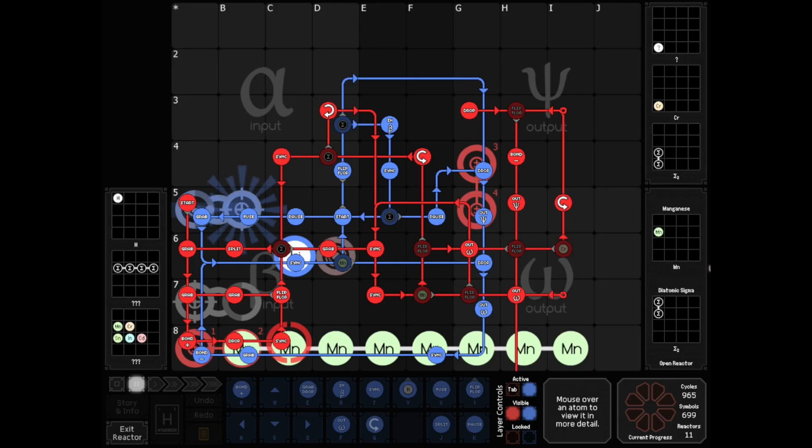Let's search for some. Okay, so the first input is 278. The third input is 295, so it should create